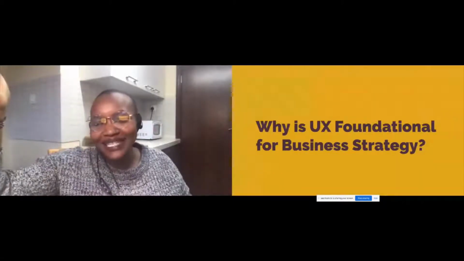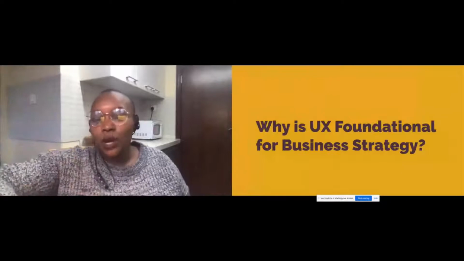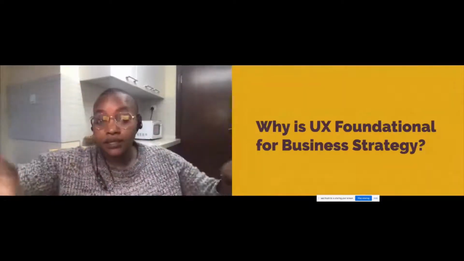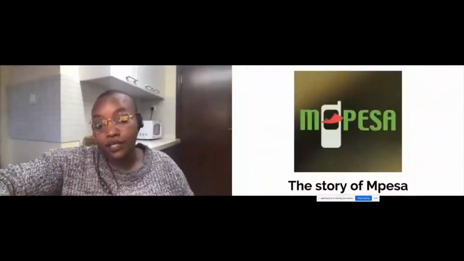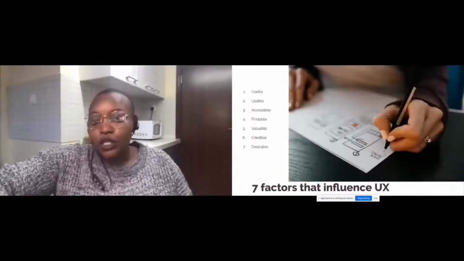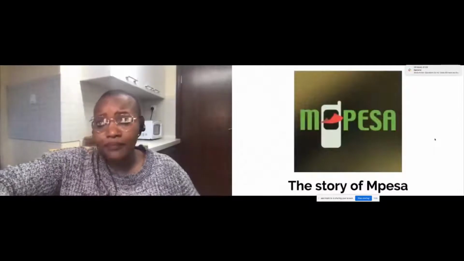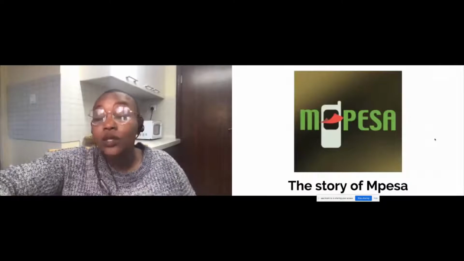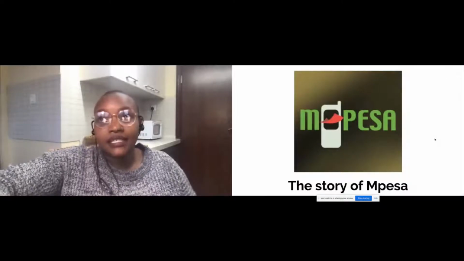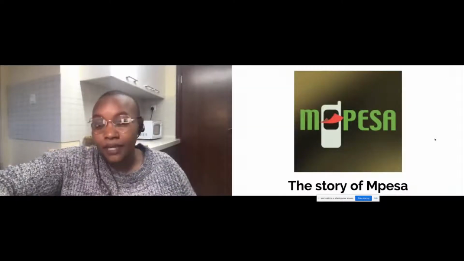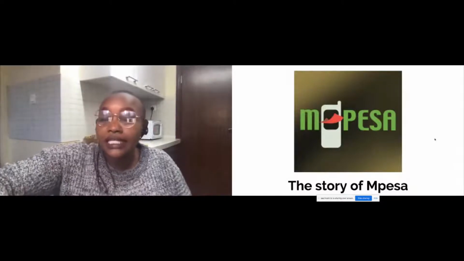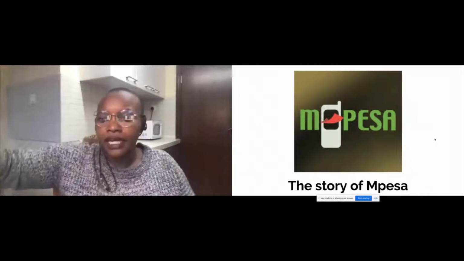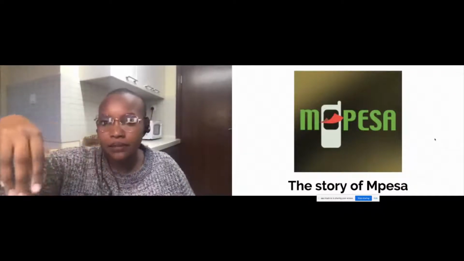You probably expected this because M-Pesa is pretty popular. So I'm going to bring in what they've done with UX to ensure the business is successful, because it's quite successful, right? So what's the story of M-Pesa? So M-Pesa started about in 2006, and it launched fully in 2007. But in 2006, there were tests going on in a city here called Thika. Thika is right about the outskirts of Nairobi. Yeah, it's like an hour from CBD.